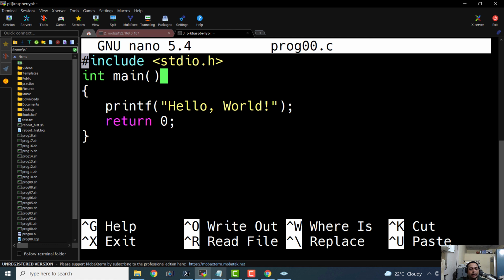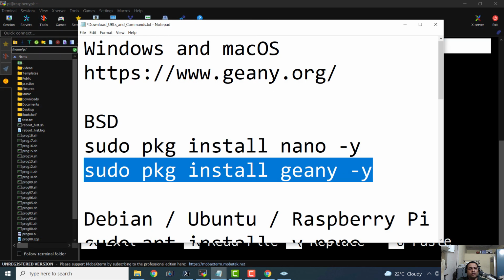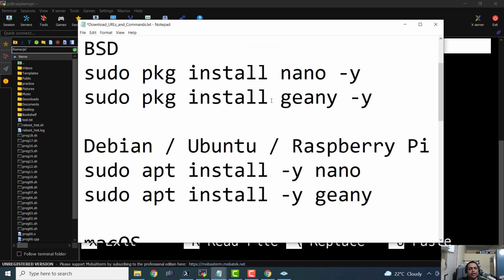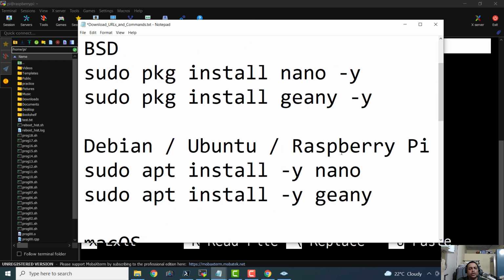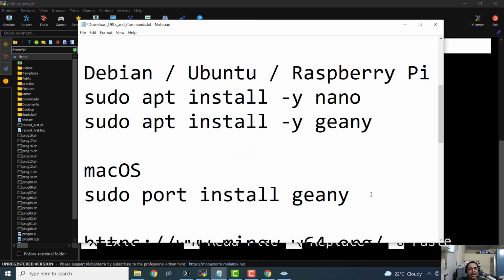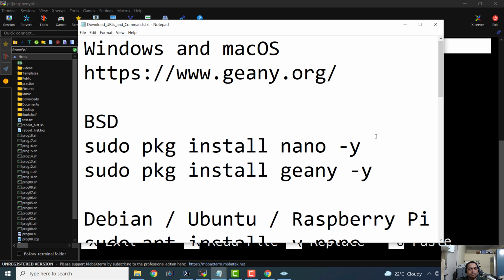I have already mentioned all the commands for installation of Geany editor as well as Nano editor on FreeBSD, on Debian, Ubuntu and Raspberry Pi, as well as Mac OS. So let me mention sudo port install nano. Nano should be installed by default, but in case it is not installed, you can definitely install it with all these commands.